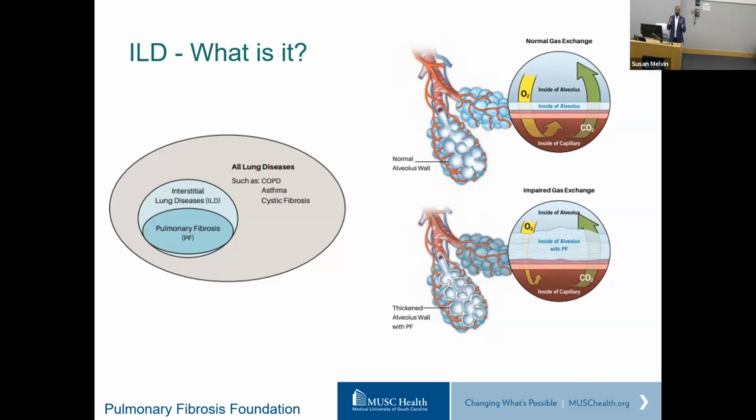And that's when disease affects that space. That group of diseases gets called interstitial lung disease, and that's what causes some of the symptoms that we see associated with interstitial lung disease. Now you can see on the Venn diagram that interstitial lung diseases are a bigger circle, and pulmonary fibrosis forms a subset of that. And that's because there are interstitial lung diseases that don't always cause scarring, or there is going to be some variability in how they behave. So not all interstitial lung diseases necessarily cause scarring, but a lot of them do, and all of them can potentially do it.